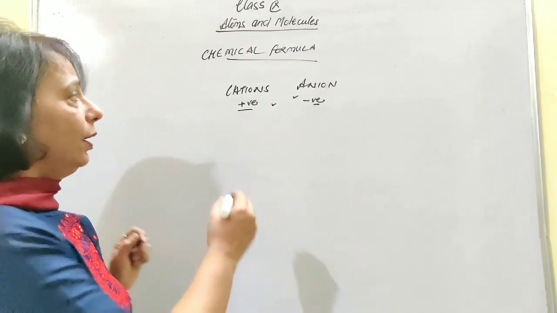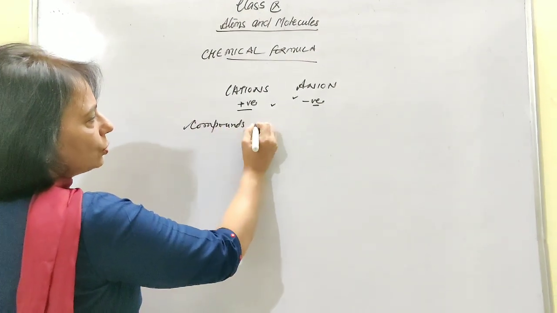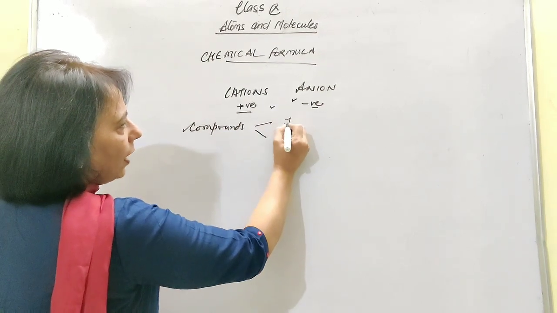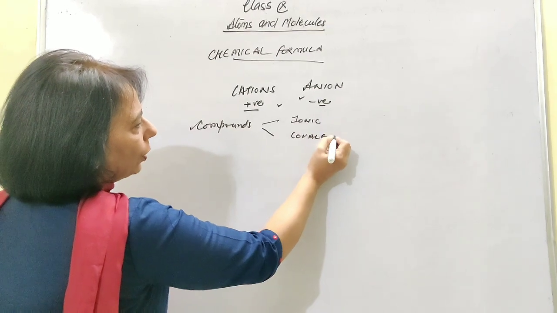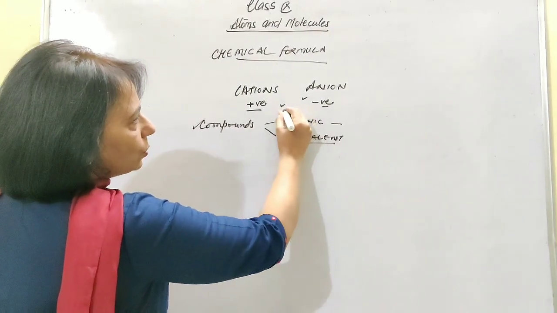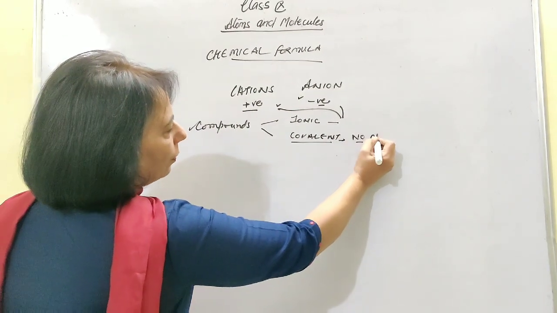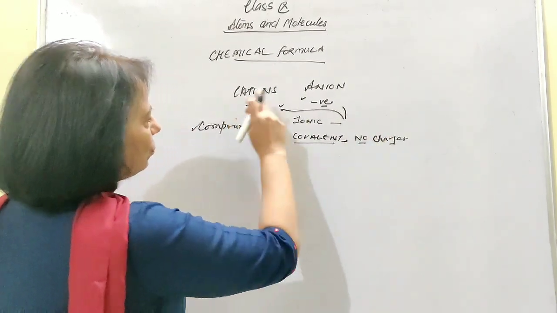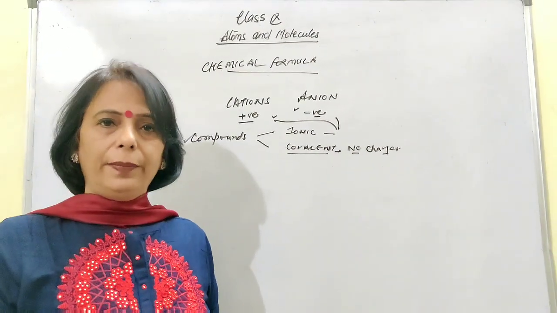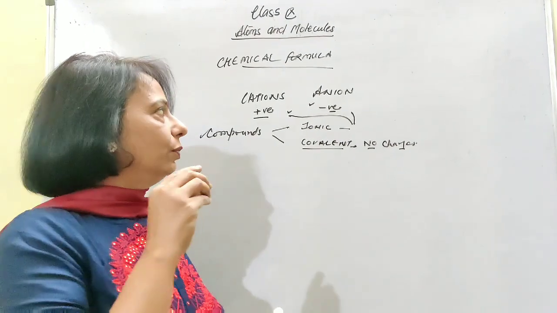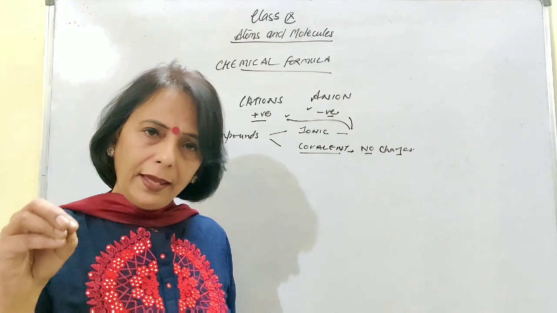Now these cations and anions are going to participate in the formation of the chemical compounds. Moreover, you know one more thing, that the compounds which we talked about till now are of two types: one is ionic and the second is covalent bonded. Ionic is where the ions were included, and covalent bonded is where no charges were present. I'll let you know how to write down the chemical formulae of these compounds. So let's first talk about the ionic compounds wherein the charges have been included.